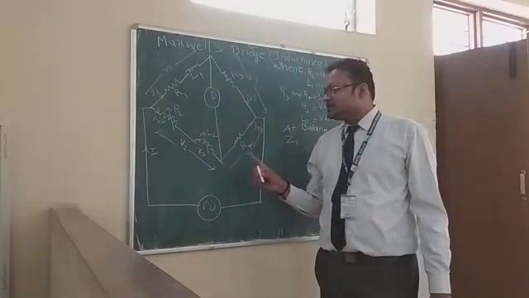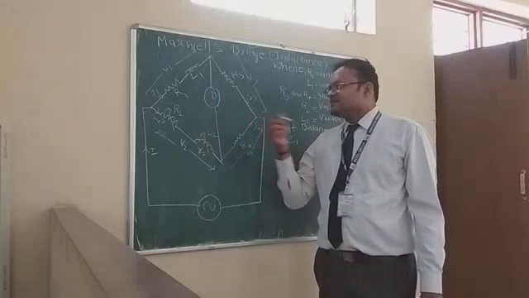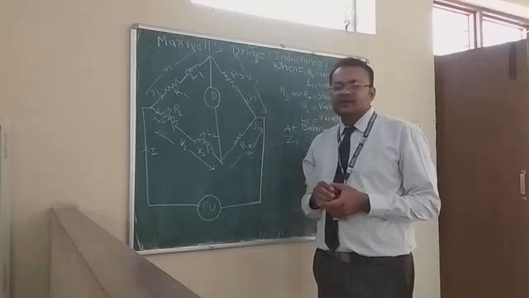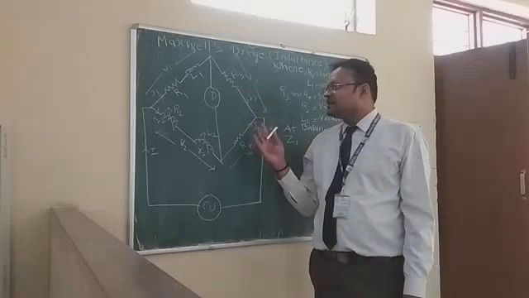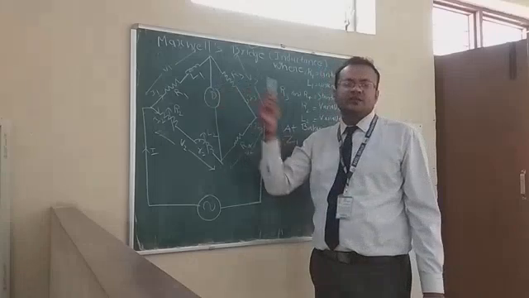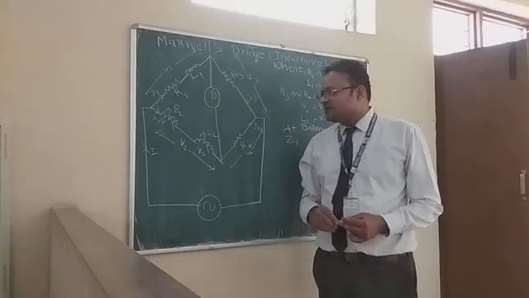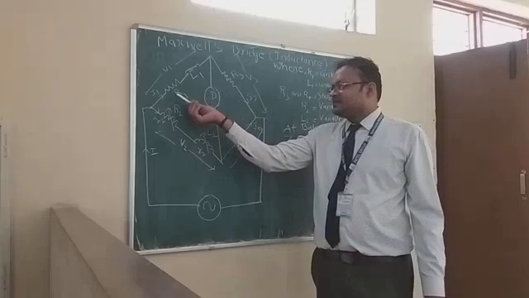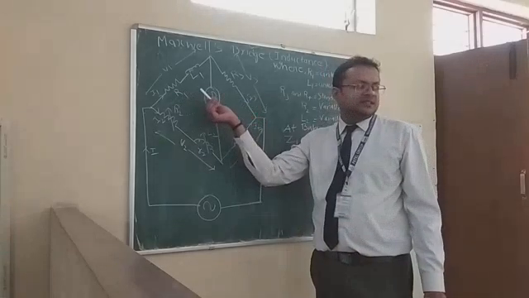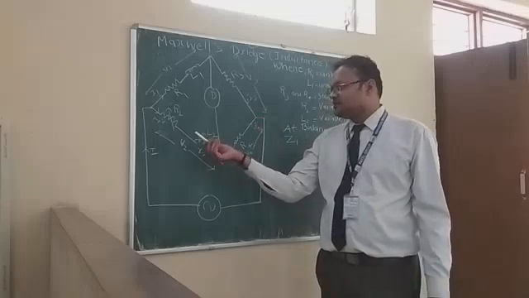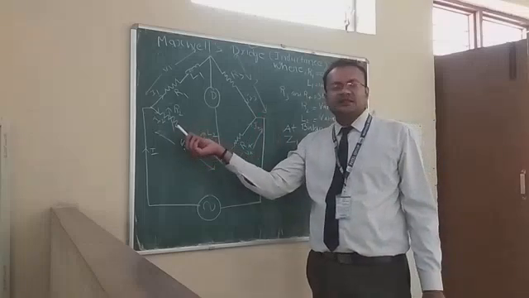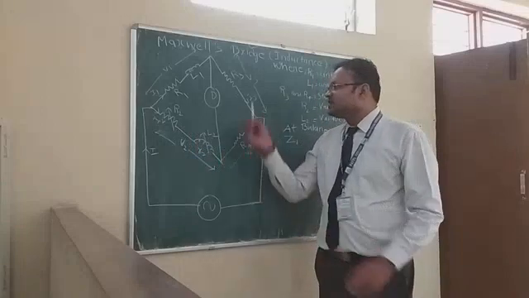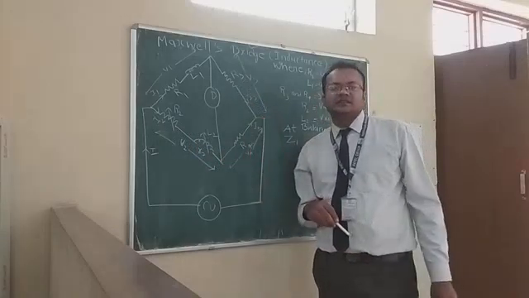In this bridge, it consists four branches. With the help of balance condition, we can compare each branch with another branch, and with the help of this, we can find out the value of unknown inductance L1. In this bridge, it has four branches. In first branch, which has resistance R1 and inductance L1. In second branch, it has variable resistance R2 and variable inductance L2, where R3 and R4 are our standard resistance.